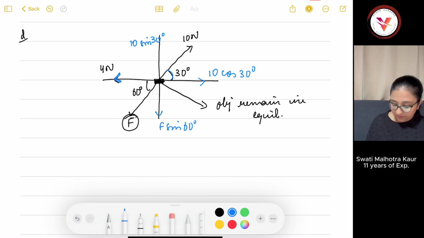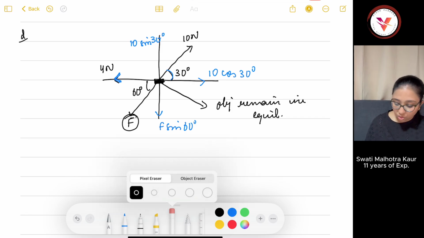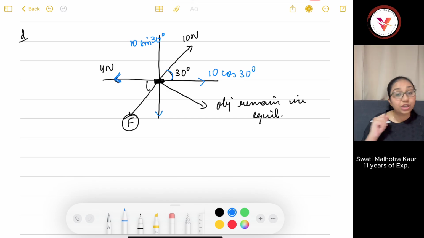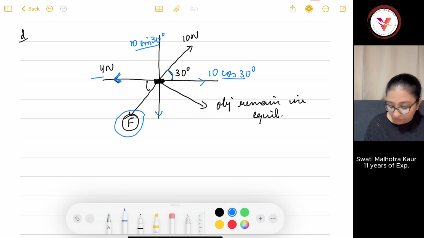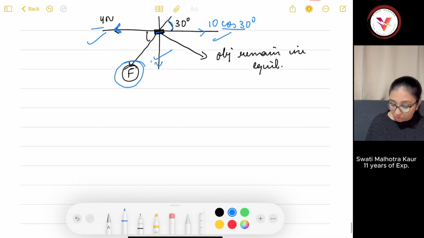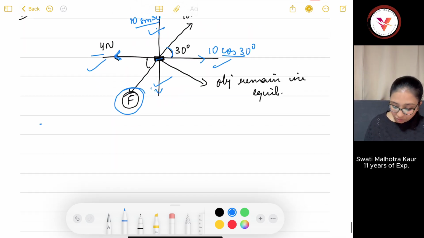Let's take the thing as this, that you don't have the angle here. You just have to calculate F. You don't need to resolve that. The thing is this force, and this force along with this force should be equal. These components, y components and x components should be equal so that this object at origin remains in equilibrium. So what I will do, it's like the first force